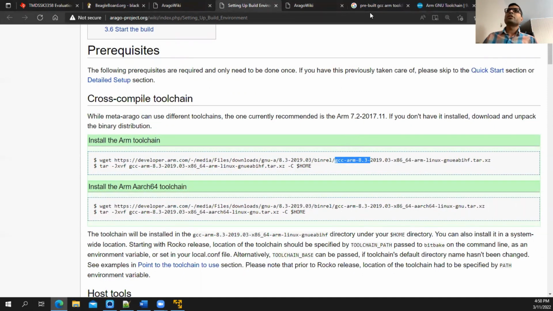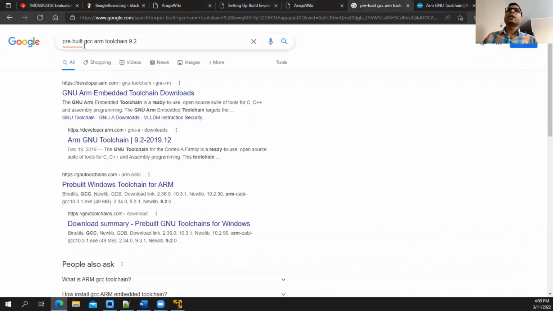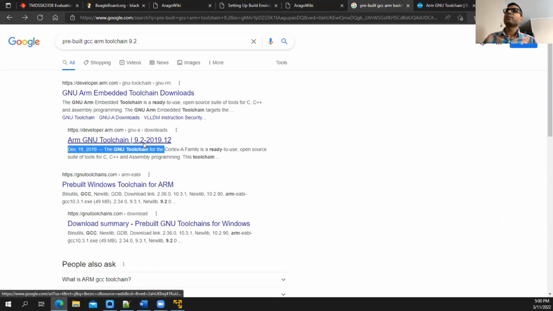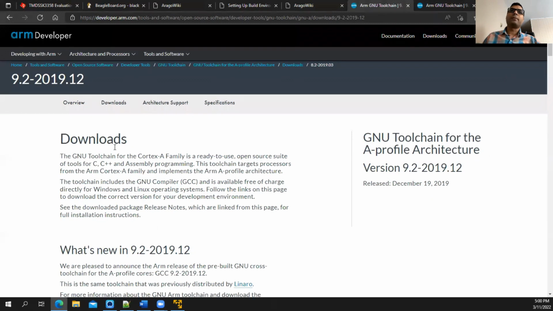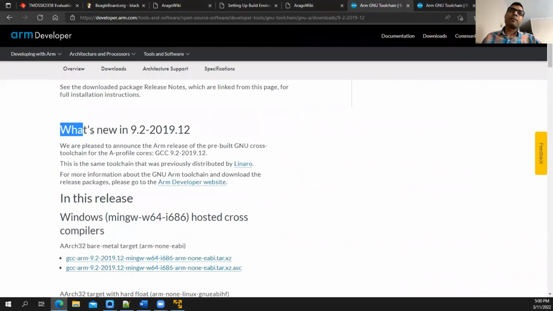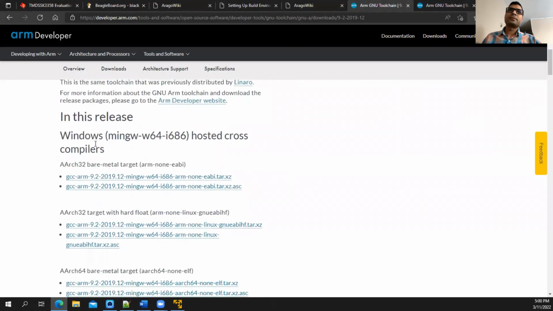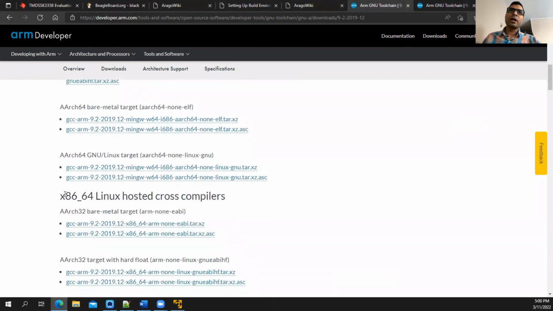So in Google, search for pre-built GCC ARM toolchain 9.2, and then go to this one. So this is the version that worked for me. If your host system is Windows, you have to go for this one. But in our case, we are using the Linux host system,